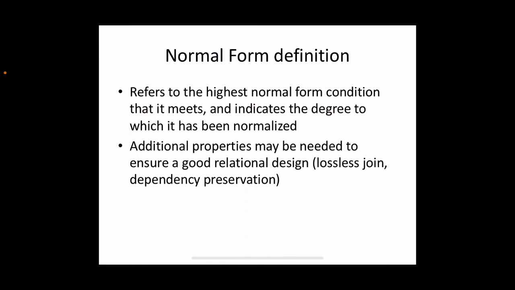And also the process of normalization through decomposition must also confirm the existence of additional properties like lossless join and dependency preservation. Lossless join we have seen in the previous session about spurious tuples, right? So after the decomposition, we may have to combine these. We have to join these two tables together to get some information. If we do so, it never generates spurious tuples. Such a type of join is called a lossless join. So whenever we decompose our relation schemas into components, it should always be lossless.